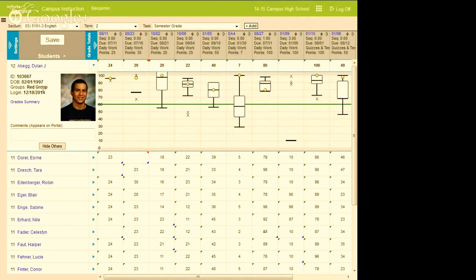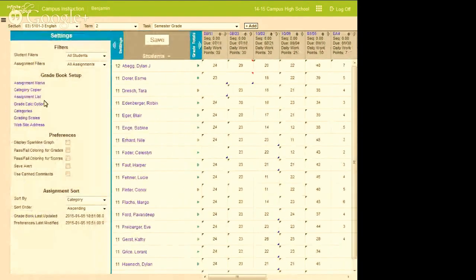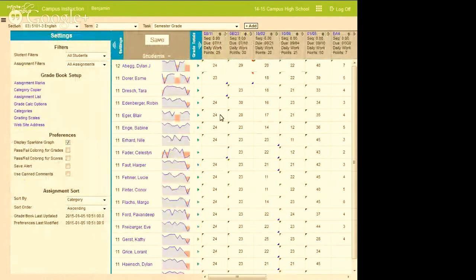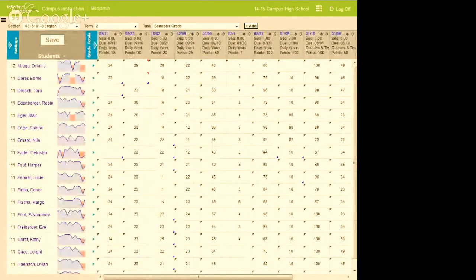So anytime I can expand that or collapse that. Now, we have some other settings, things like a spark line that show pretty well. Shows me throughout the term, how have my students been doing? Is it trending down? Do I have obvious gaps where they're missing assignments? Or how are the scores doing throughout the entire term there? Just kind of a nice visual display.